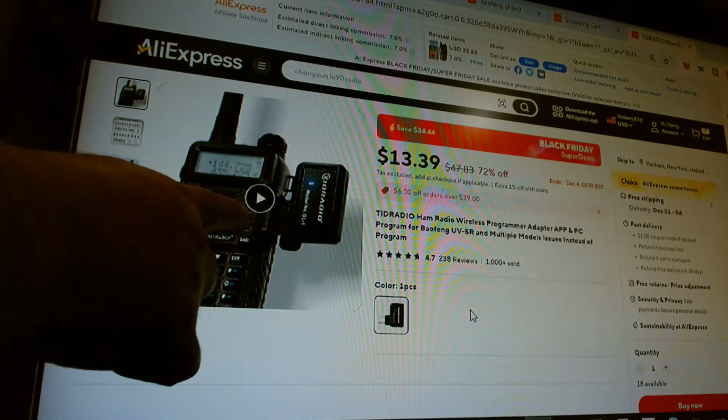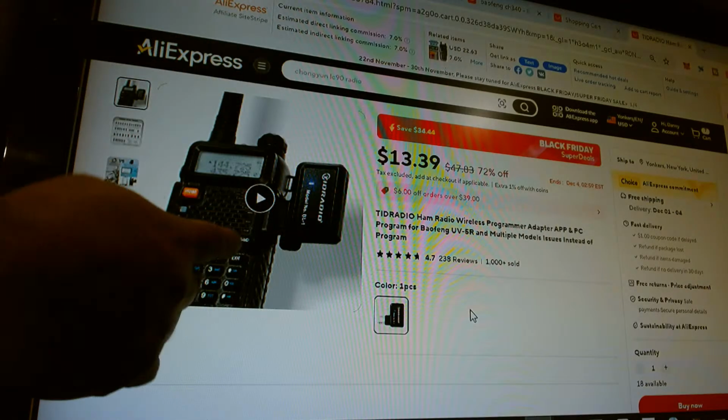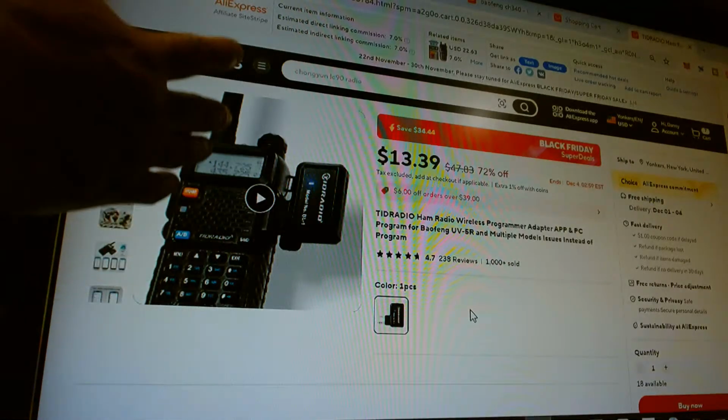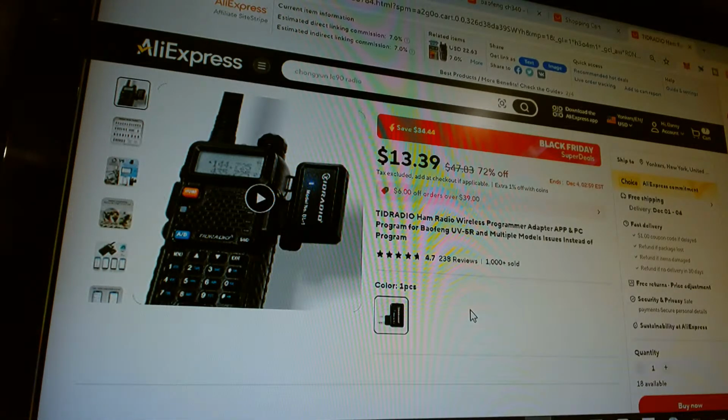I'm gonna buy this. But even if it doesn't work with the E100, I have a whole bunch of these radios. I have 7 handhelds right now. Let me count them all. I got the original Baofeng, the UV-5R. I had that one for like 7 years already. That was my first one. My second one was the Explorer.